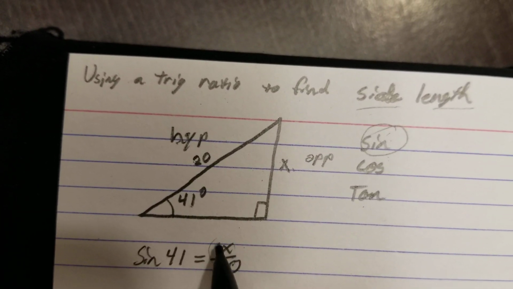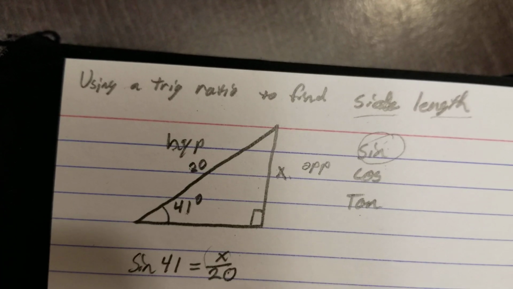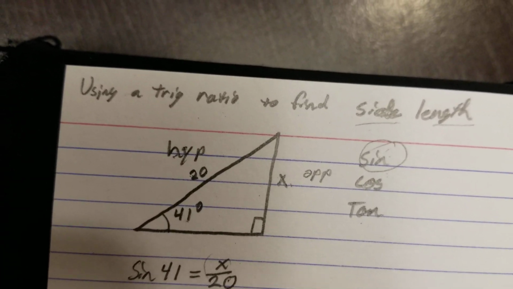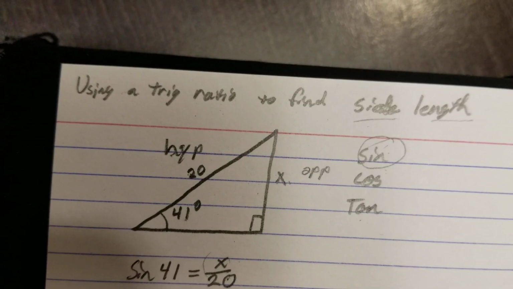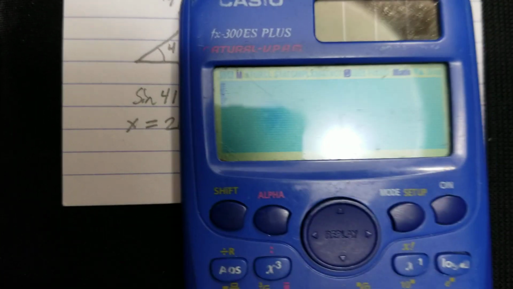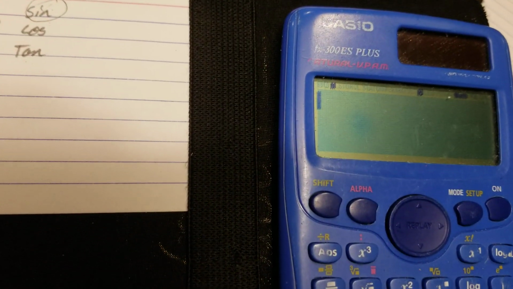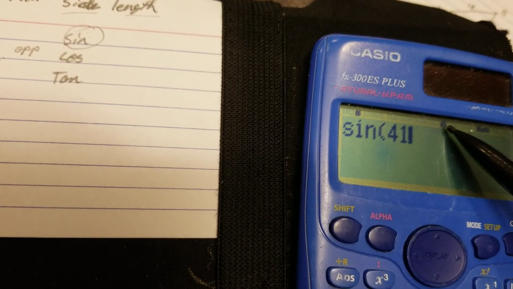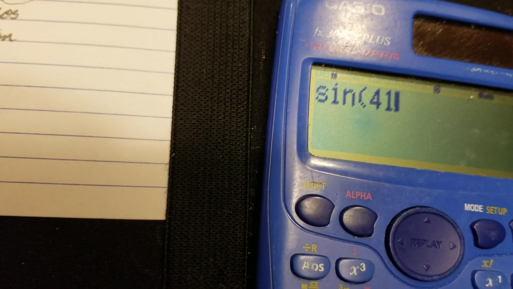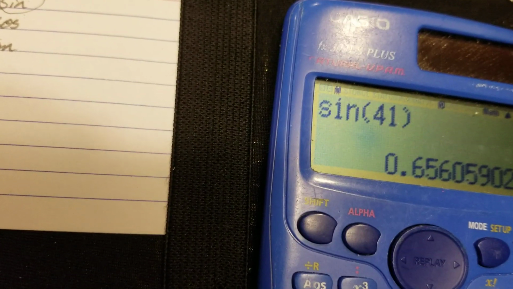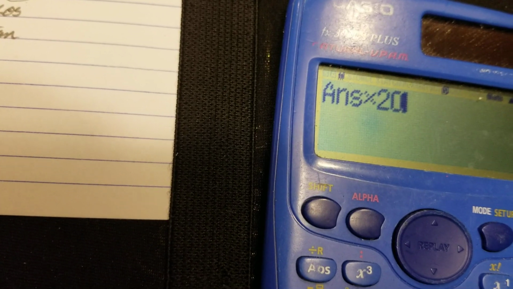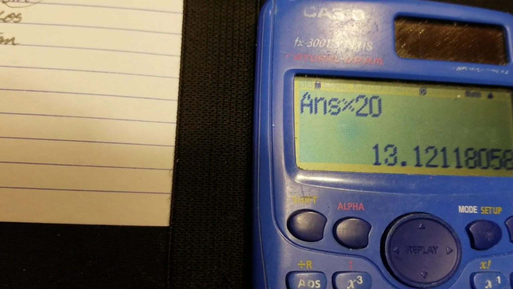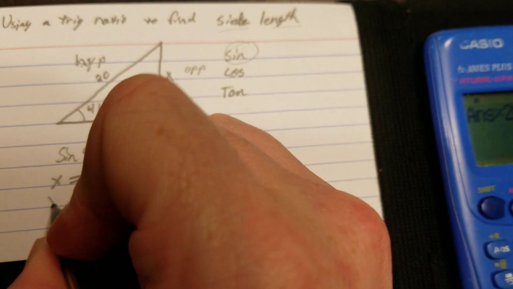Well, I need to solve for x, so I'm going to multiply both sides by 20, and I get x equals 20 sine 41. And then this is where the calculator comes in handy. Let's see here if I can get it without glare. There. So, sine 41, make sure you are in degrees, because if you're not in degrees, it will be a problem. So that's sine 41, and then I multiply by 20, and I get 13.12. So then x equals